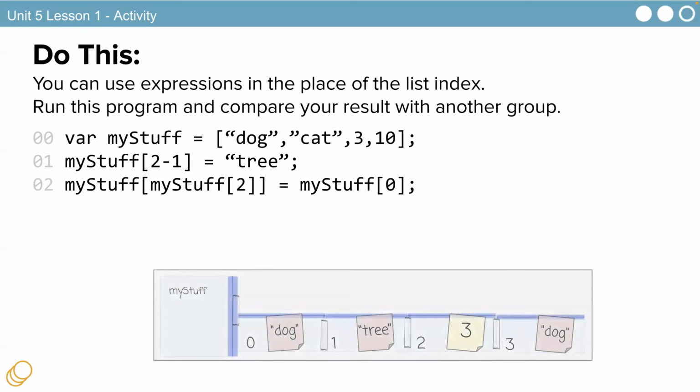Dog, tree, 3, dog. My stuff at index 3: 0, 1, 2, 3. So this one becomes dog. My stuff 0, my stuff 3. Wait, I thought this is my stuff 2. Yeah, 10 is 3. My stuff 2, what does that equal to? 3, right? 3 is the index. 0, 1, 2, 3.